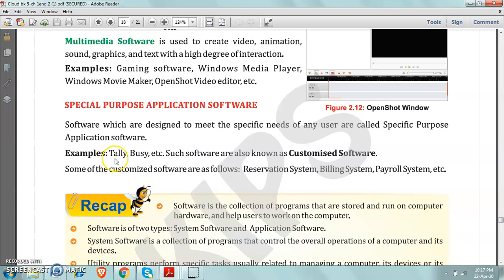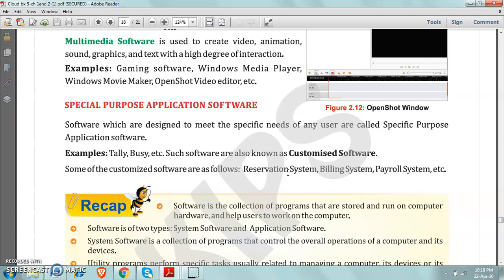Here I am telling you some examples of special purpose application software, like Tally, Busy, etc. Such software are also known as customized software. Special purpose softwares are also known as customized software. Some of the customized softwares are as follows: reservation system, which is used only for reserving purpose.